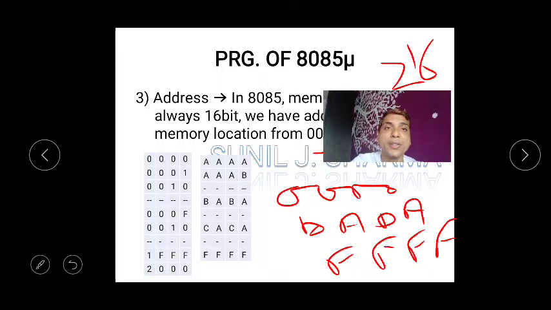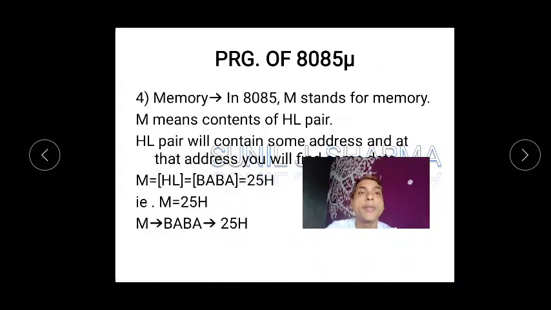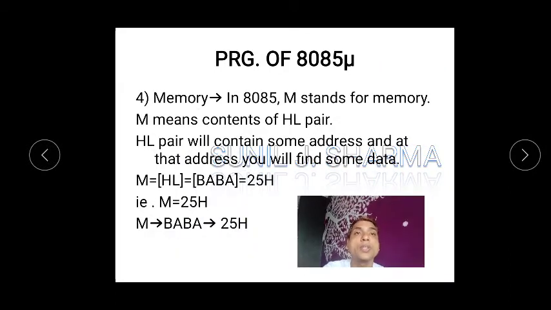what is address. Address is nothing but they are just talking about memory address here. The memory address will be shown in this, that is from 0000 to FFFF. So I hope you got this, and this list is very big, it's not a very small list. I hope you understood. Now let's go ahead and we'll go with the last operand, that is memory.